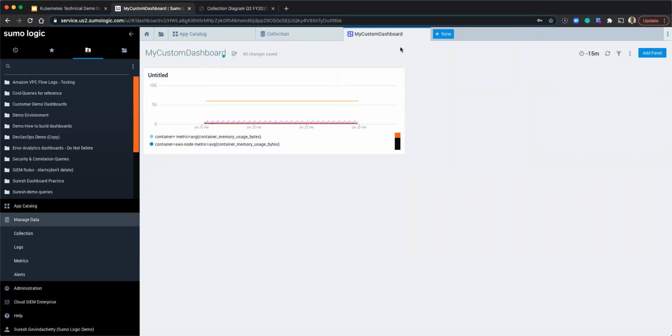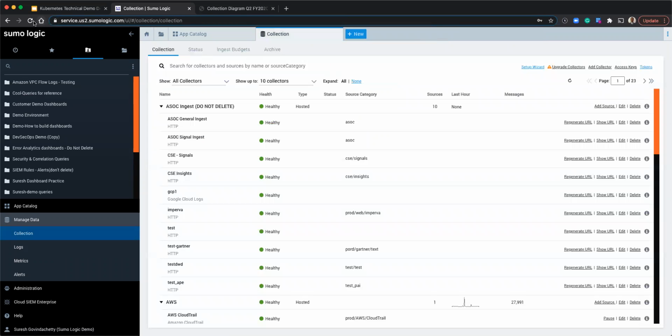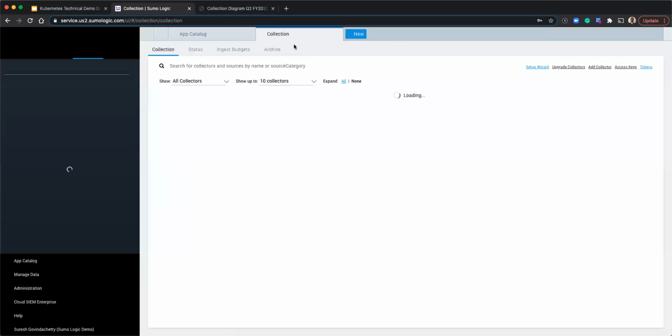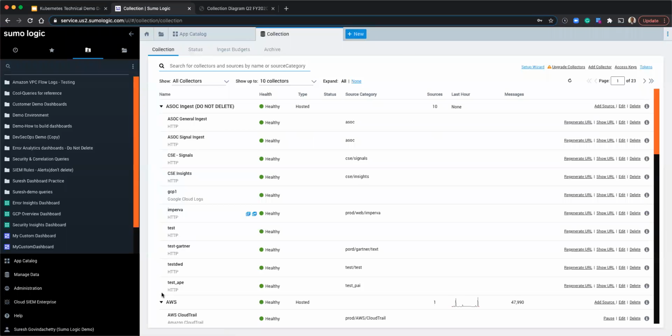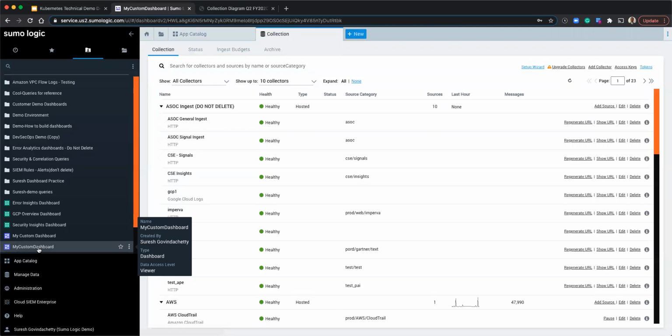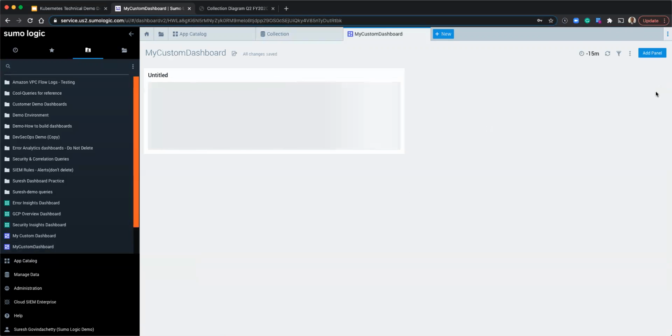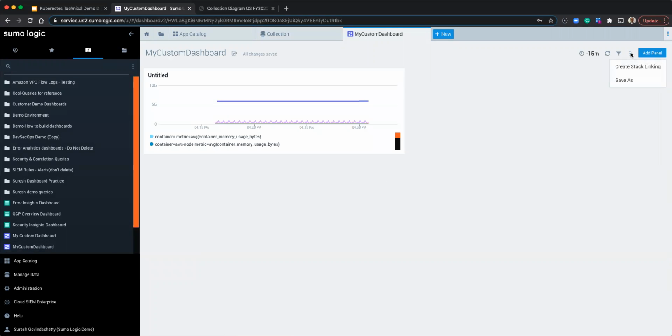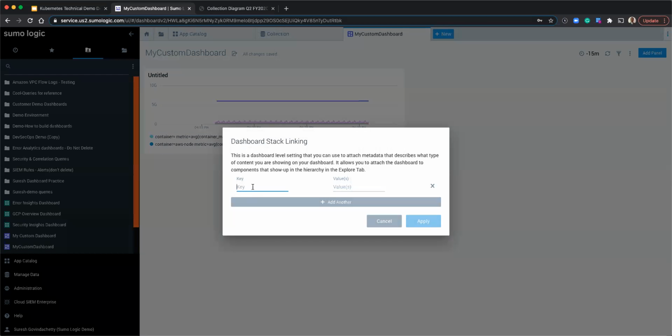So now that I am done with my dashboard, I am actually going to go back to my demo cluster again. So I'm going to open up my dashboard again. I will open my custom dashboard. I'm actually going to link this to my cluster now. So I am going to create a stack linking, and for creating the stack linking, I go back to my cluster, and then the cluster is